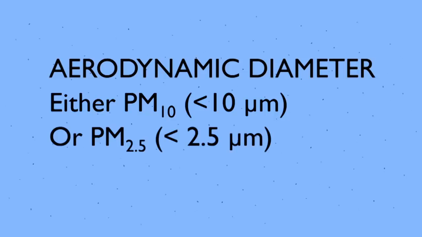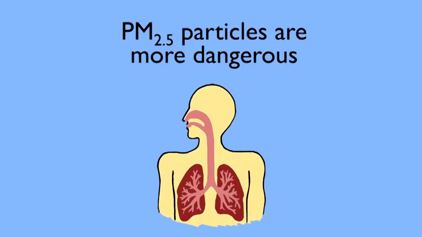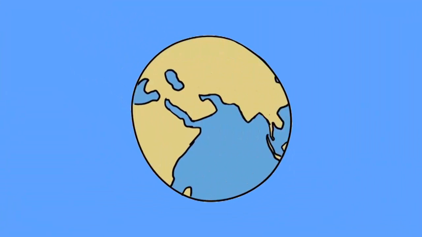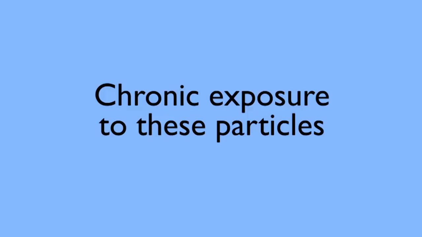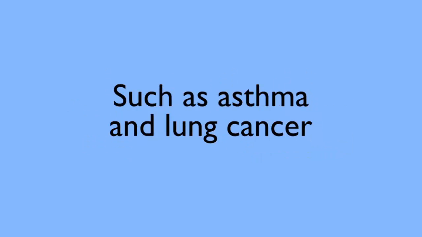PM2.5. These have aerodynamic diameters smaller than 2.5 microns. In comparison, the average size of a human hair is 60 microns. PM2.5s are more dangerous since, when inhaled, they may reach deep into the lungs and interfere with gas exchange. The health effects of particulate matter are felt in both the developed and developing world. Chronic exposure to particles contributes to the risk of developing cardiovascular and respiratory diseases, typically asthma, as well as lung